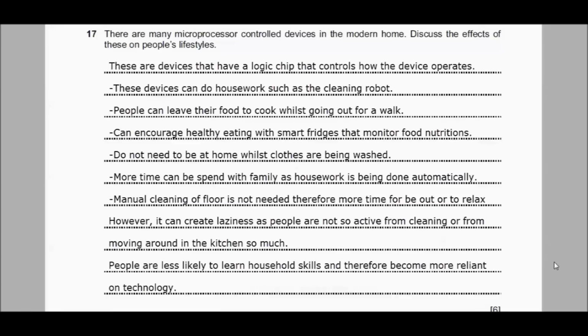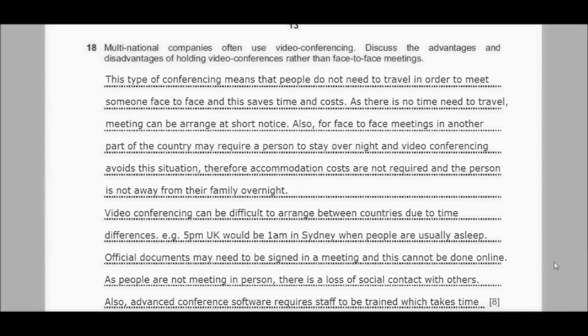Okay, so some of the points that I've come up with. So microprocessor control devices are any devices that have a logic chip that controls how the device works. So for example, a cleaning robot or a